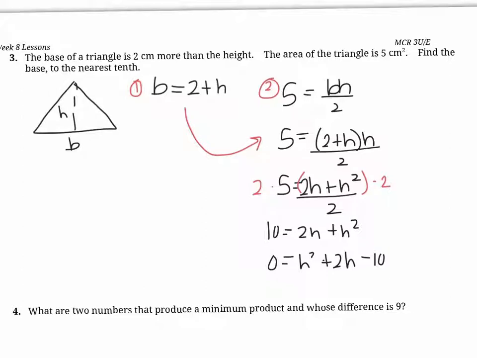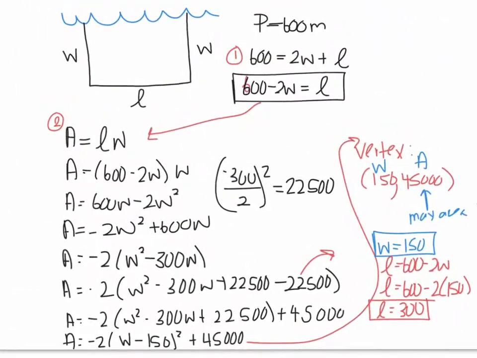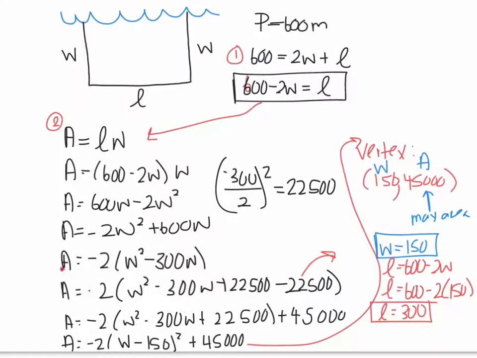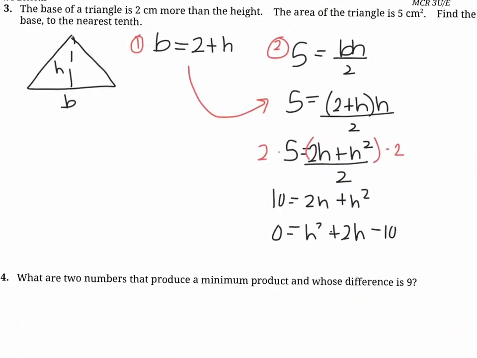So how do we solve this equation? There's no point finding the vertex here. Don't find the vertex, it doesn't ask us to. We have an equation where we have this number on the other side. See how in the previous question, students get this confused so often. We don't know what the a value is because we're solving for the vertex, and we don't need to know what that a value is. Here, we just have an equation that we're solving.